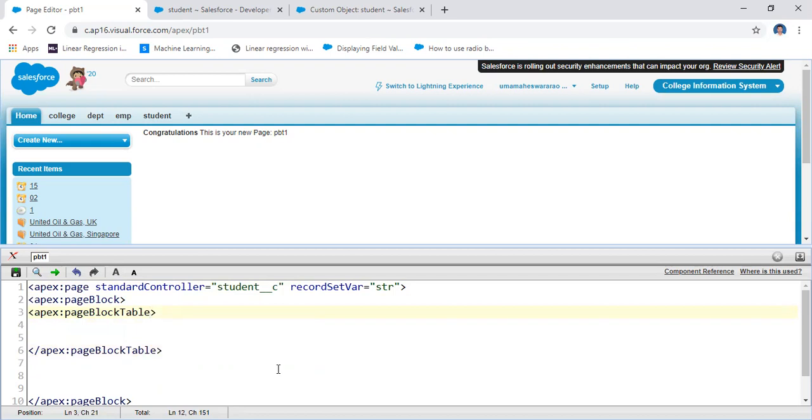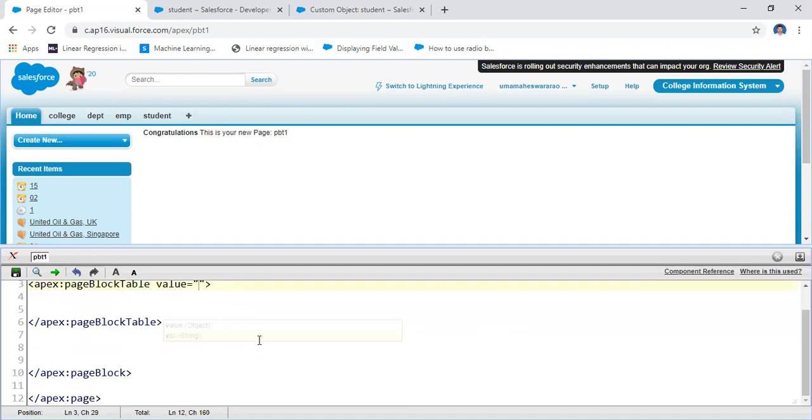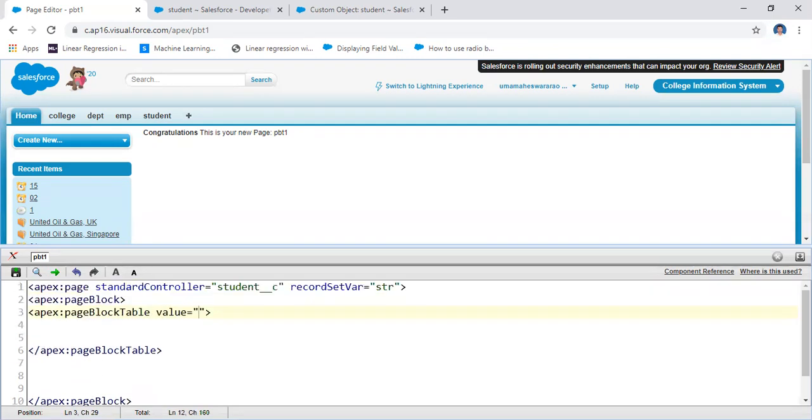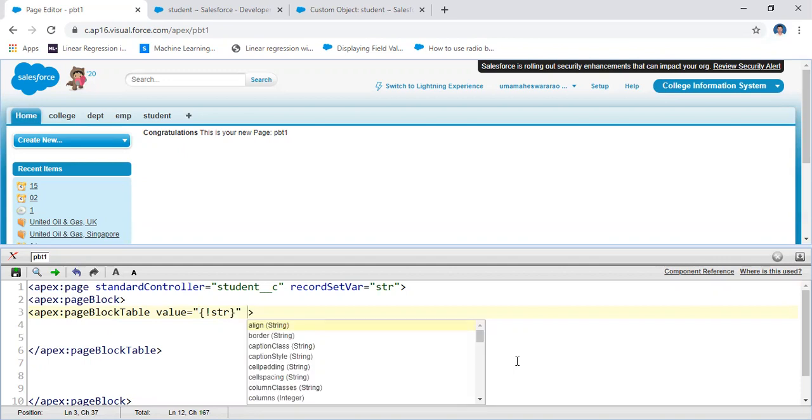One variable is value. The value takes a binding value, which is the type of object you are taking. For example, the binding value I am taking here is str.